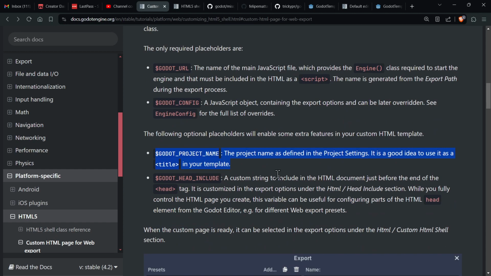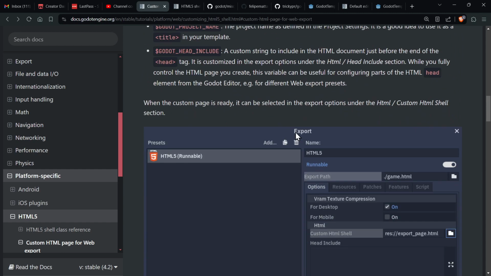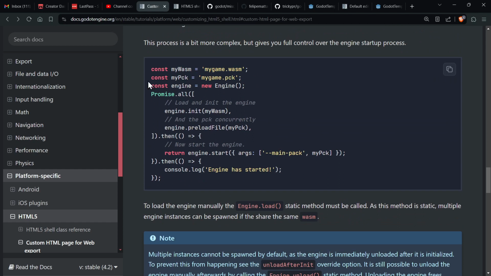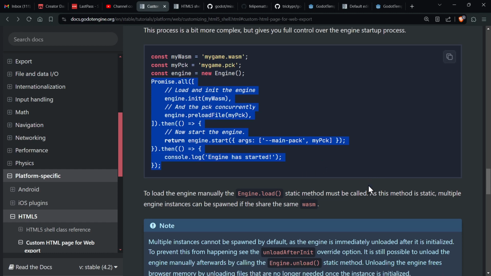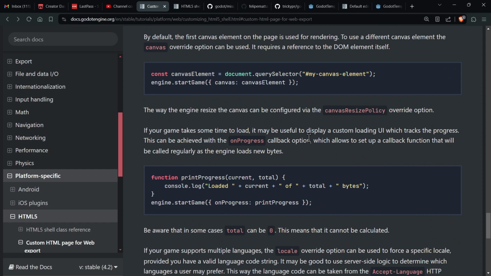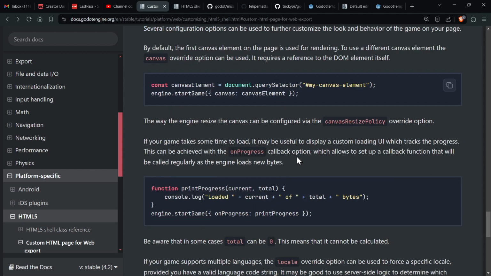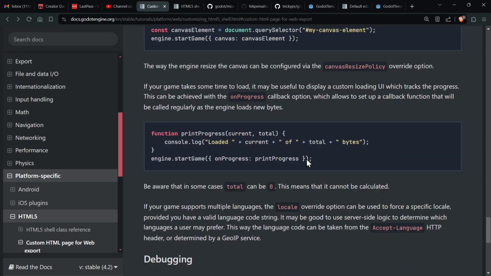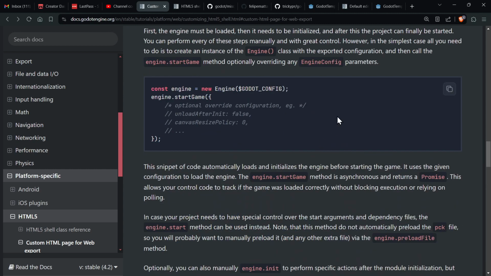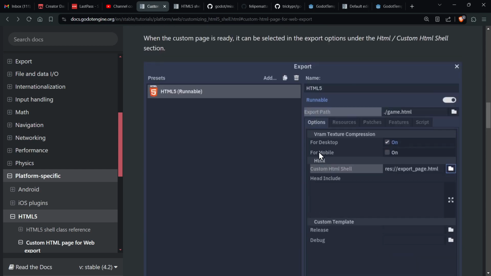But anyways, and then it goes how to export. You guys probably know that already. And then it goes into, hey, you have way more. You could break down the loading into separate parts, and you could do different things. You could customize the behavior, customize the presentation. So again, I wanted to customize the presentation, so I had to do that. You could do more debugging. There's all sorts of stuff you can do on the preloader, right? Okay, so yeah, so